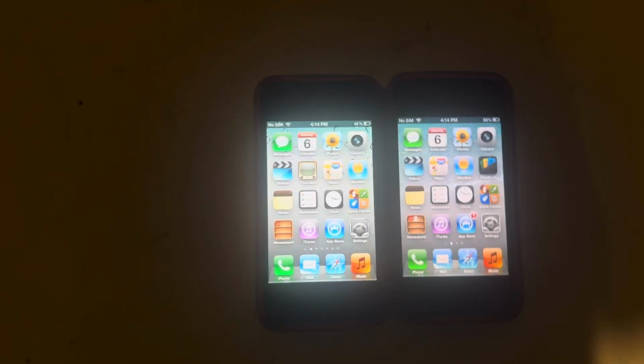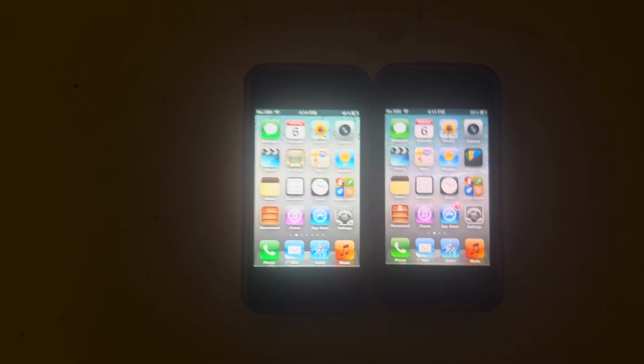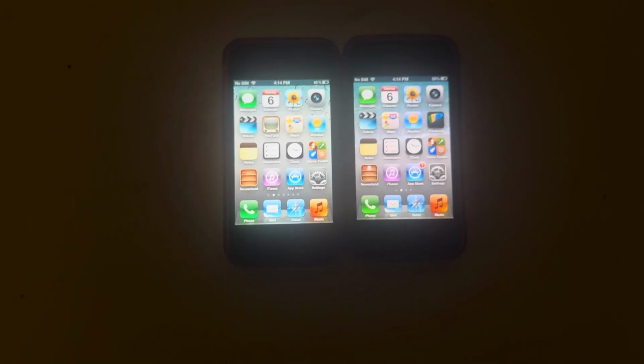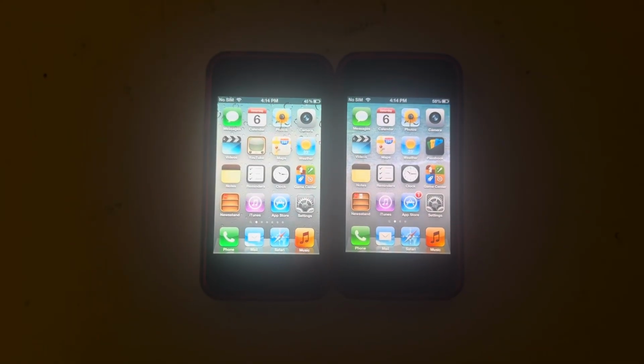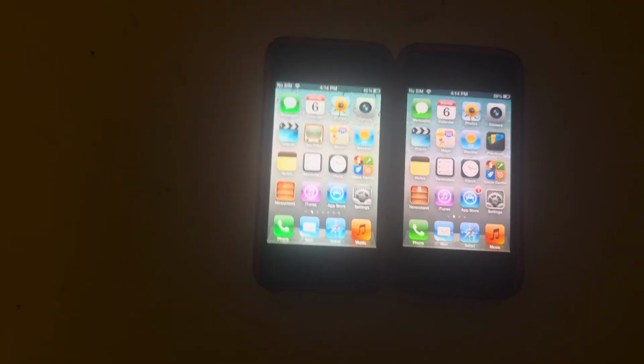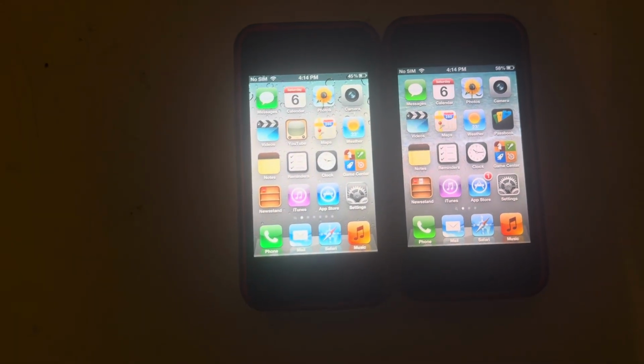In today's video, I'm going to be doing a speed test between the iPhone 4 on iOS 5 and the iPhone 4 on iOS 6. Why am I doing this? Because it's a legacy speed test video, so I wanted to get this out here. So what we're going to be doing is